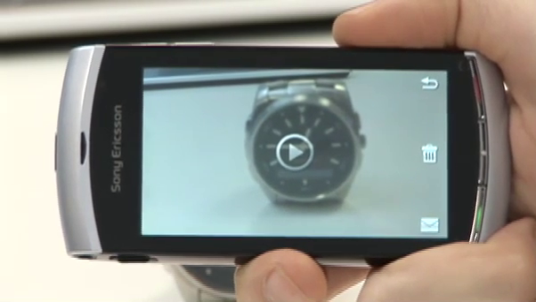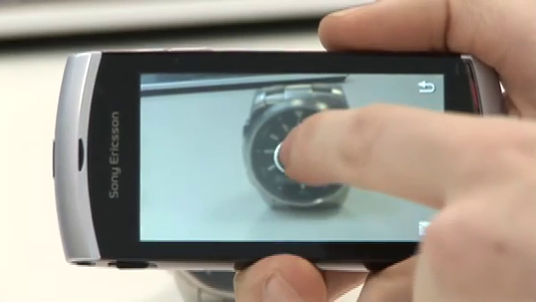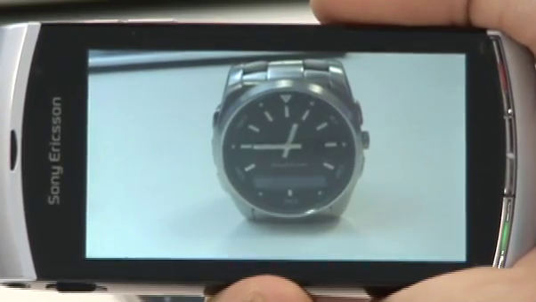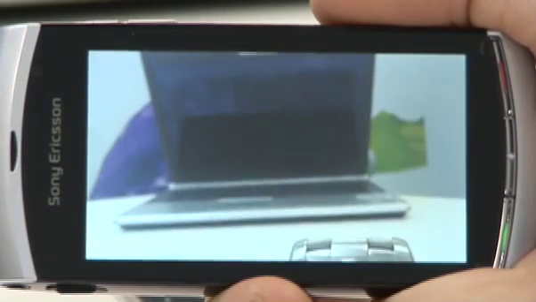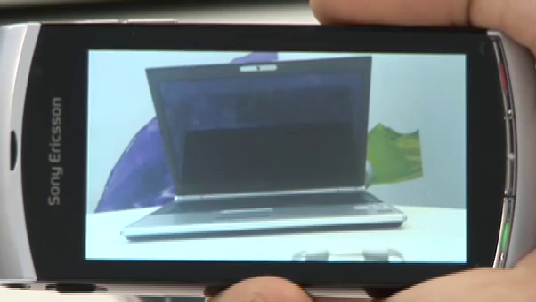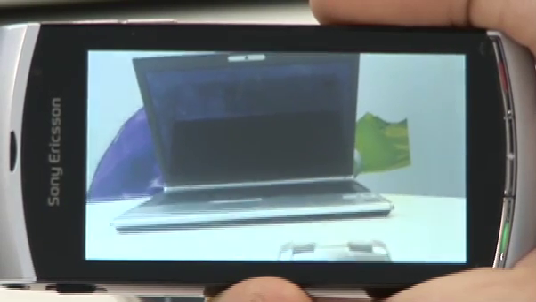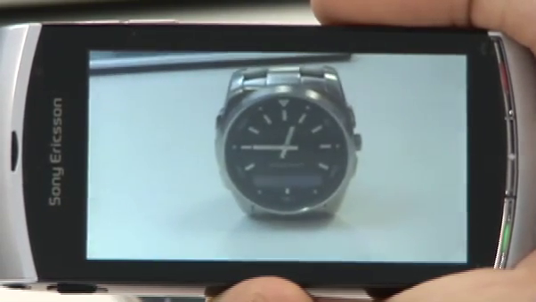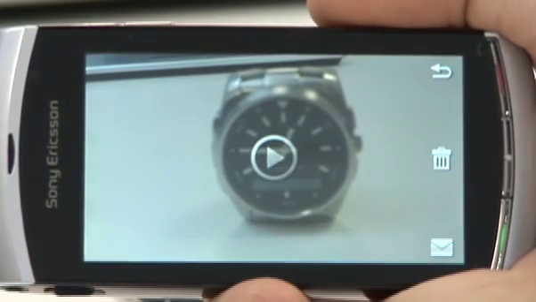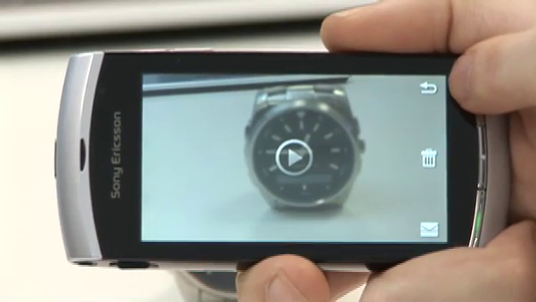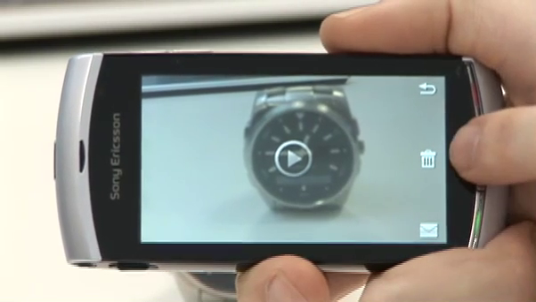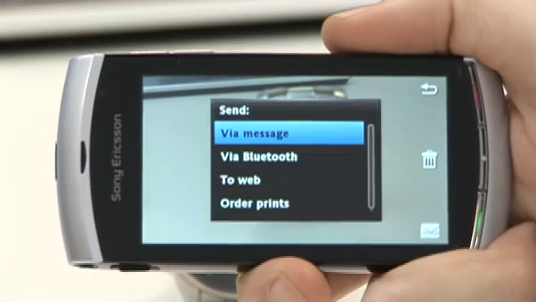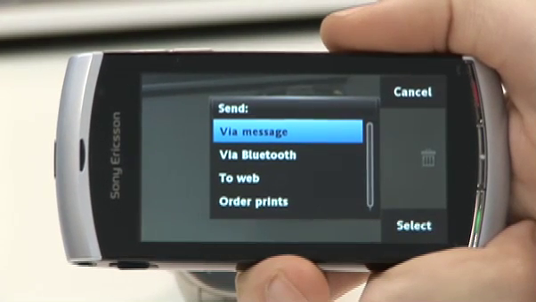Once it's done this, you have four options. You can either play back the clip to review it. You then have the option to come out of that screen and go back to the video recorder to record more clips. Delete the clip, or at the very bottom you can send it